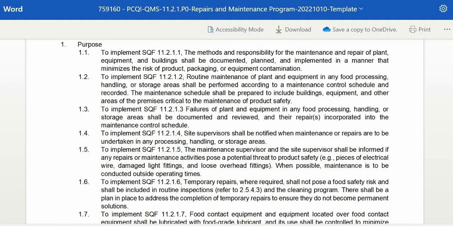And then now, we will focus on the components of the program. First we have the purpose. The purpose is the implementation of any certification standard or compliance with a regulatory requirement. And for this program, it is for the implementation with SQF Module 11, Edition 9 for food manufacturing under Clause 11.2.1. Under purpose, to implement SQF